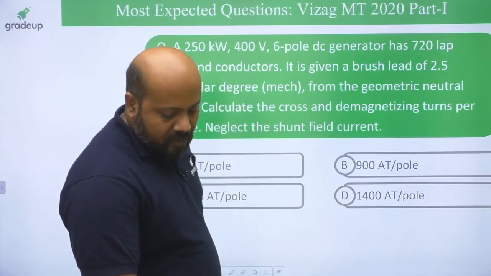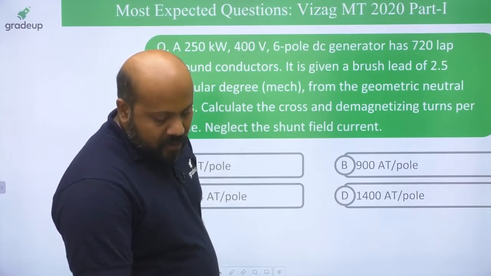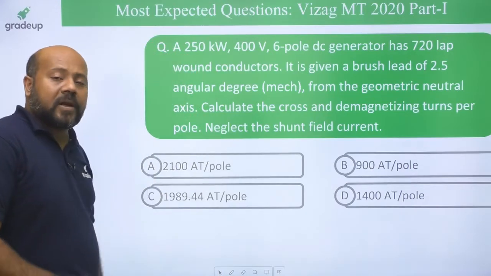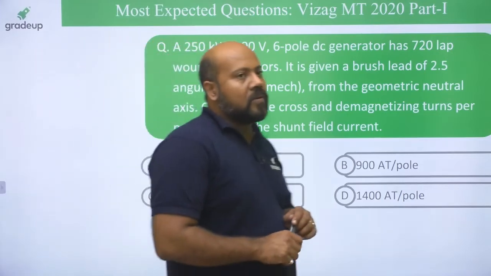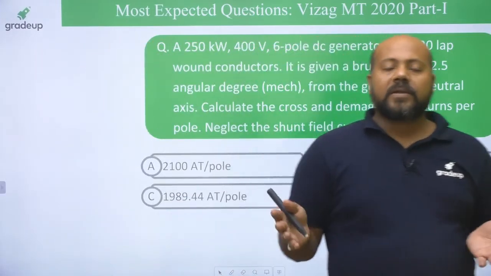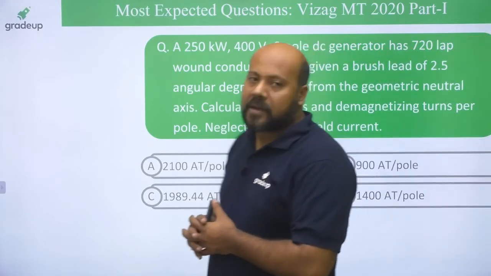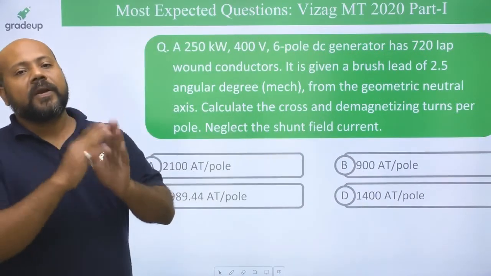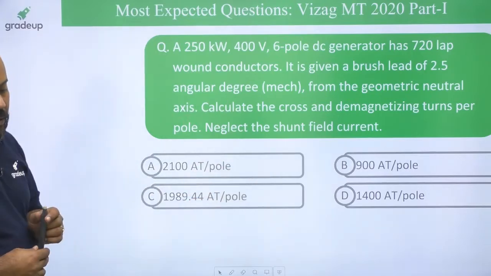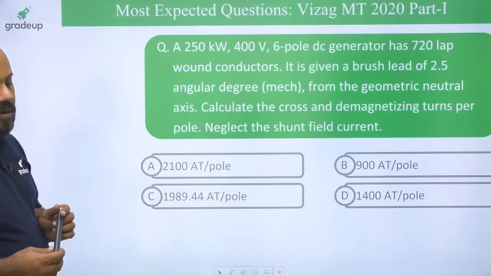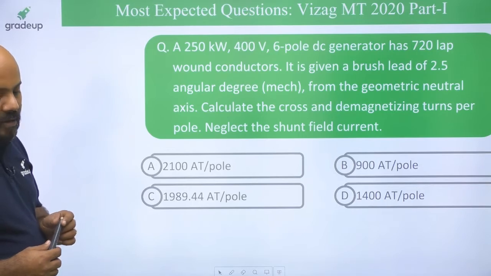Very good quality problems we are doing. Suraj, just check your calculation. I think you must be getting somewhere close to 6, but number of conductors can always be an integer. It cannot be non-integer. So that is why you are getting close to 6. So you are taking 6 as the final answer.